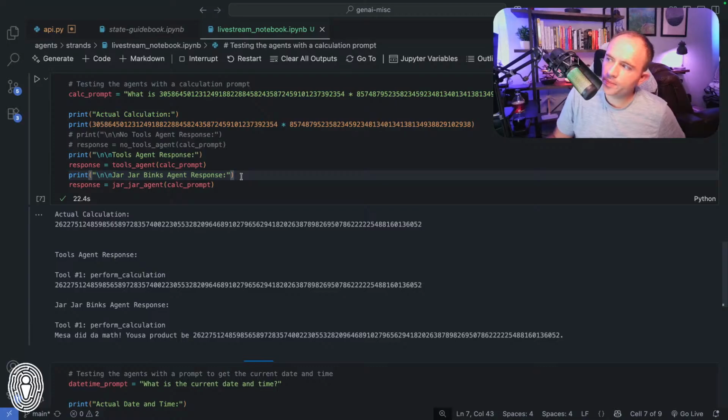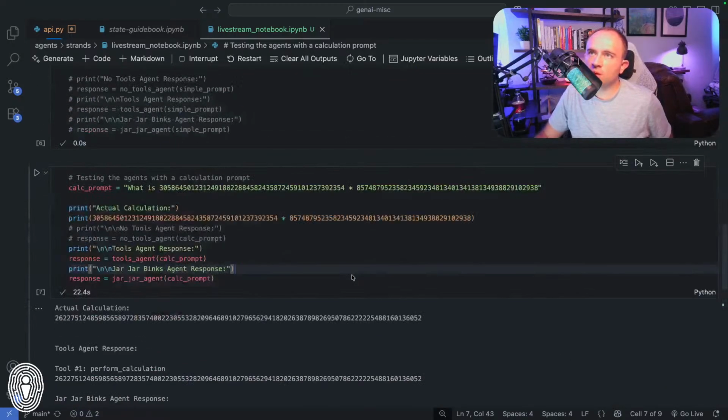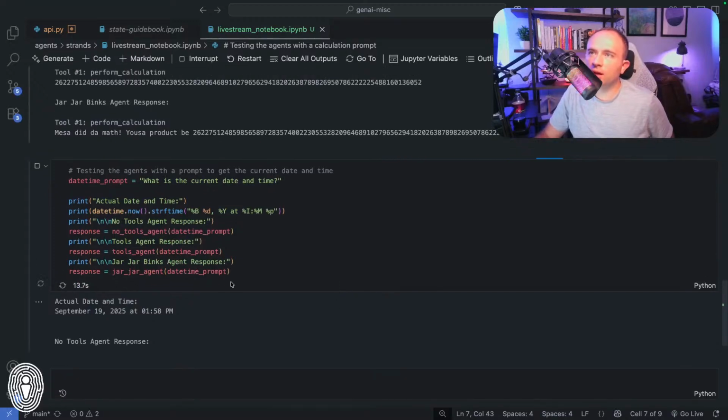And there we go. Yep. And that is the value of setting tools within a tools agent to do calculation. All right, so that demonstrates that. So let's go ahead and go down to our final use case, and that is asking what the current date and